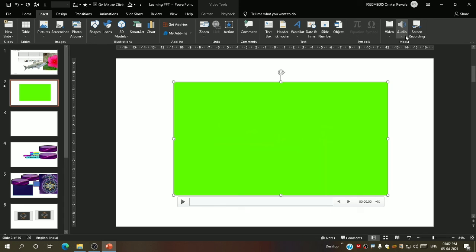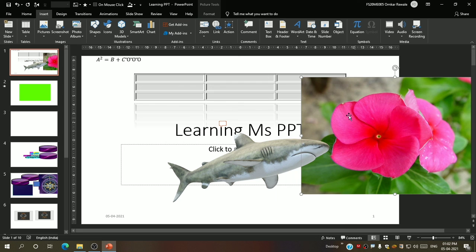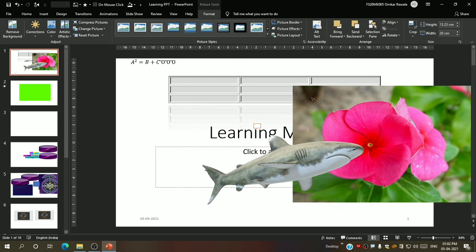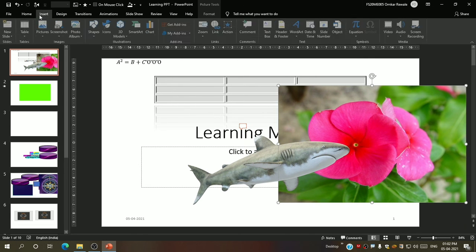I can't show you these two options right now, how to do screen recording and audio, because the screen recorder is going on here, so I cannot display that. But you can try this on your own. This is very easy. Now video formatting and photo formatting, these both are mostly the same. We will get them from the format option, but we will learn this in the next lecture, not right now.